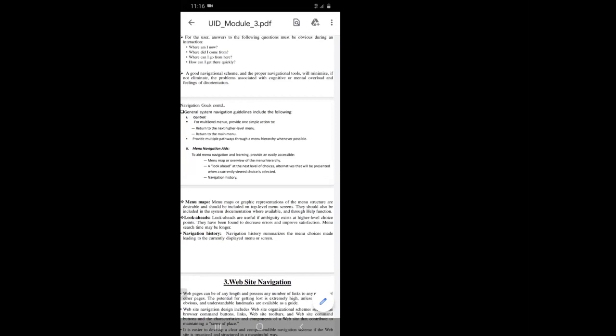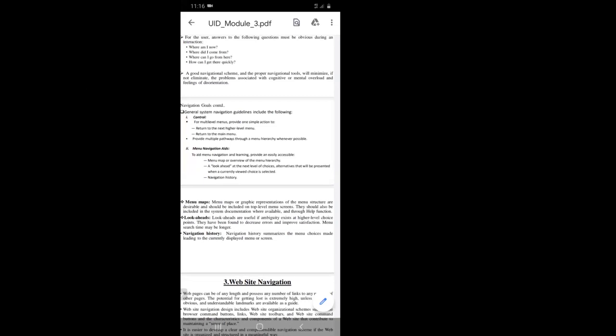Then very important, documentation should also be there. For example, in the file menu there will be an option for saving, Control S. I don't know what this Control S does. If I ask for help, it should give proper information on what Control S is doing, what will happen if you do Control S. That is what menu mapping is.